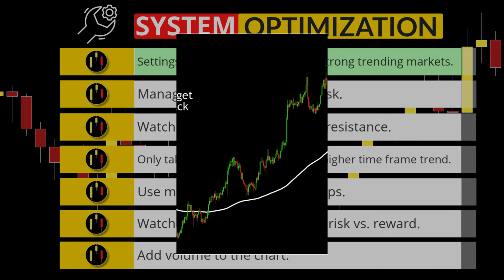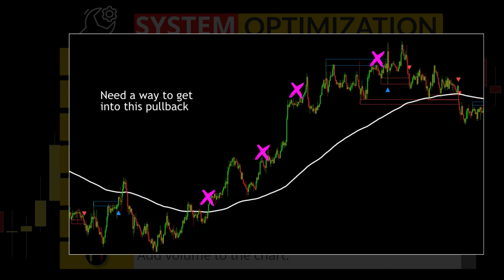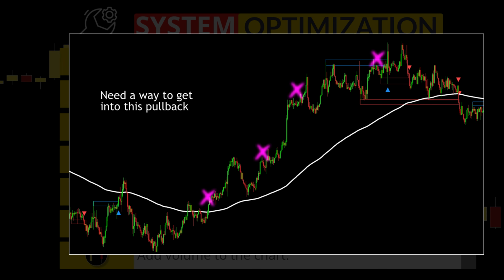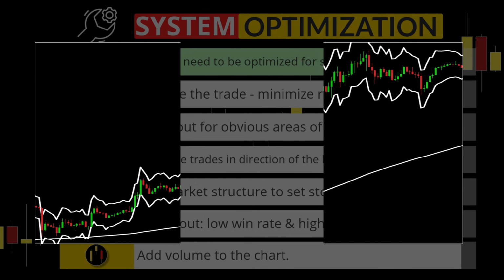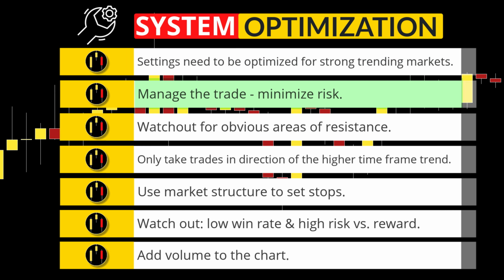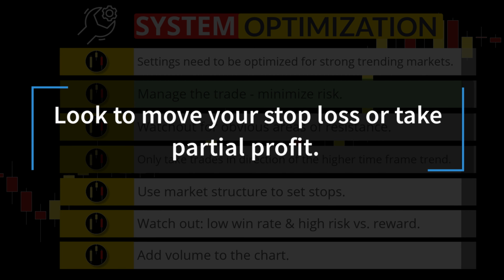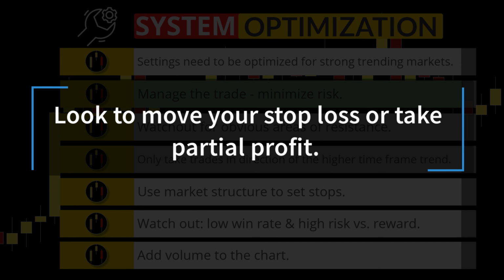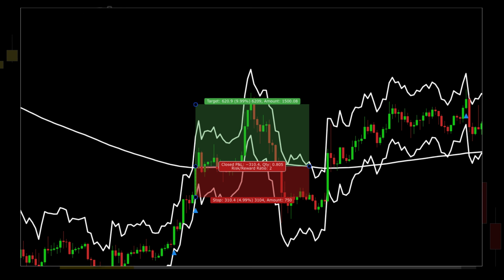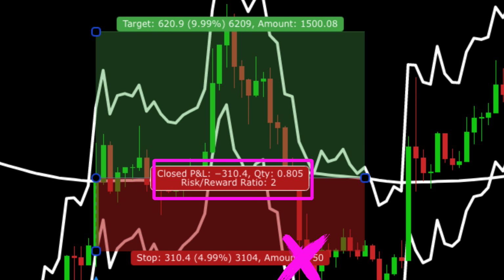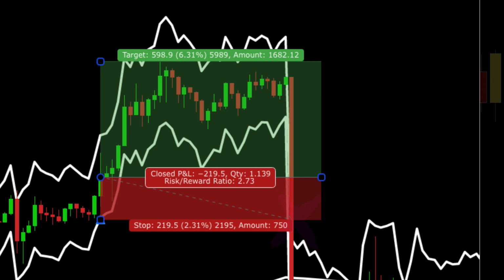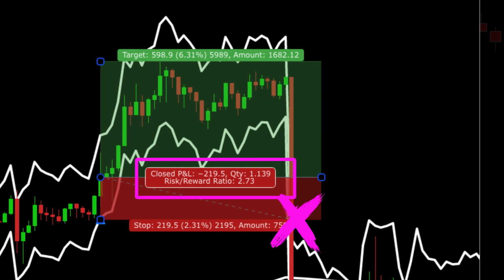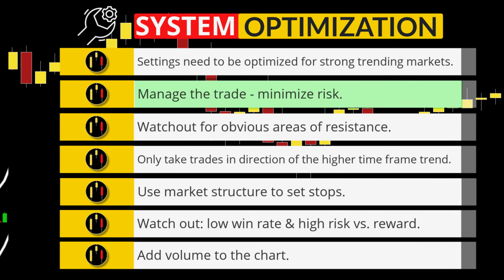First, there were some strong trends during the test like these, where the indicator never triggered. This is an indication that the indicator settings need to be set to a more sensitive level during these market conditions. Second, when you are using a risk versus reward over 2 times risk, one must consider where to eliminate exposure or take partial profit. The win ratio and profit factor could have significantly increased by moving the stop loss to break even after the 1 to 2 level was hit.